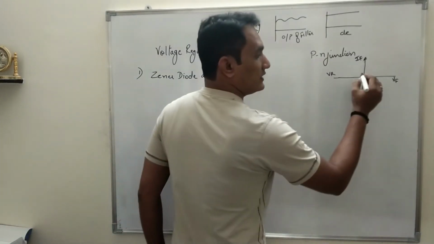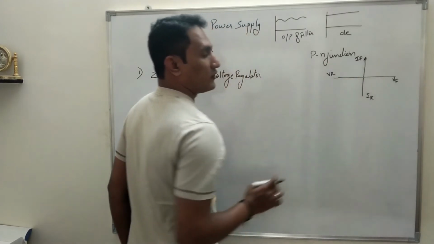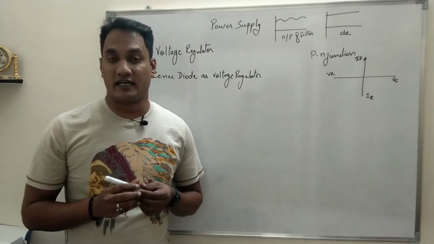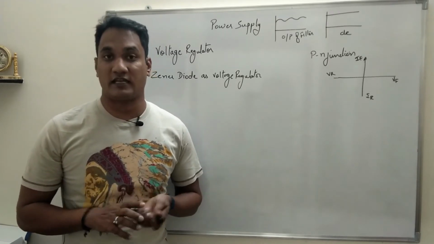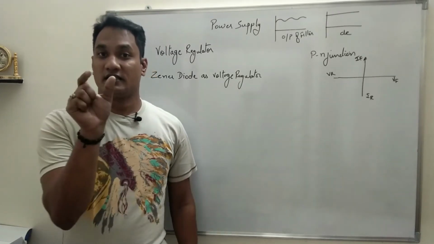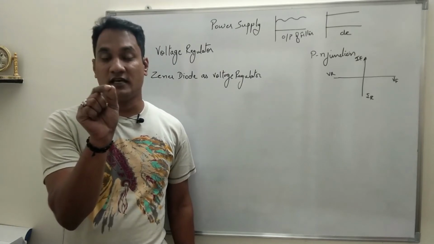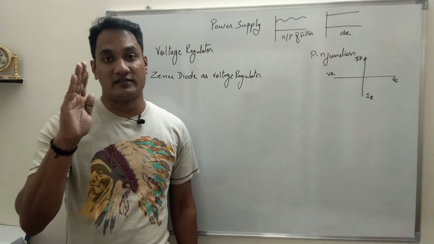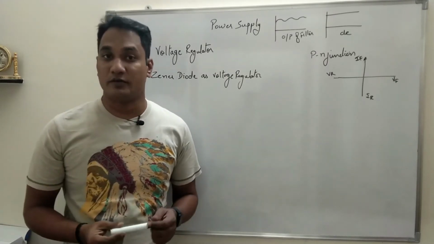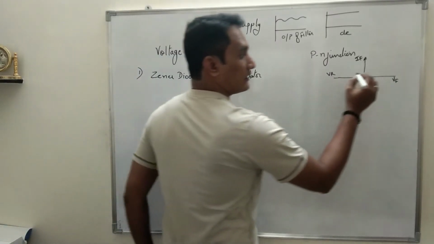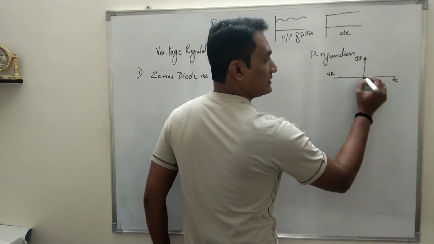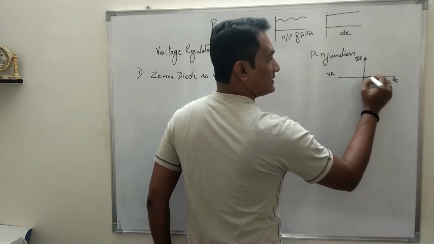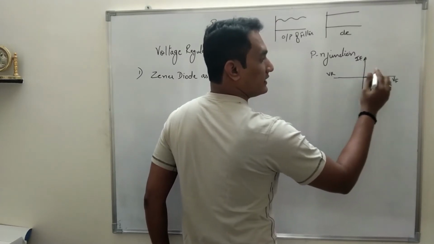Now we have understood forward biasing of a PN junction means P connected to positive, N connected to negative. Both the charge carriers move towards the junction. The depletion layer width decreases. At some point the depletion layer vanishes, the potential barrier vanishes, and current starts flowing through the PN junction diode. So the forward bias graph will be like this. Initially there will be no current. When you keep on increasing the voltage, the depletion layer width will decrease.